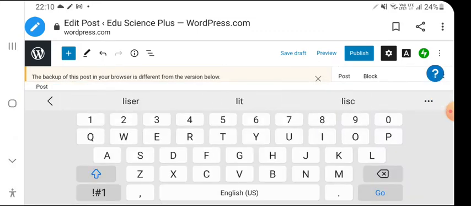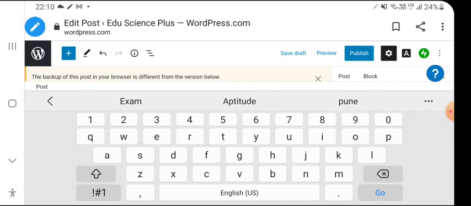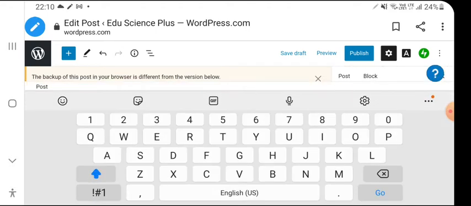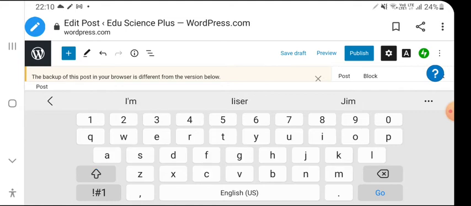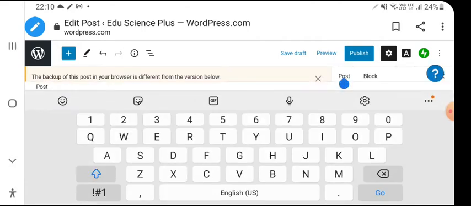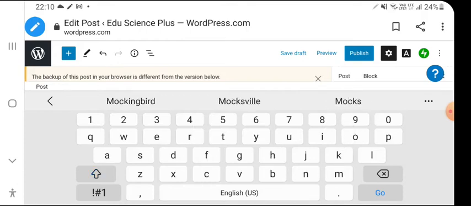We can put ISER aptitude test pattern, mock test. Students search ISER mock test, that is a very good keyword.